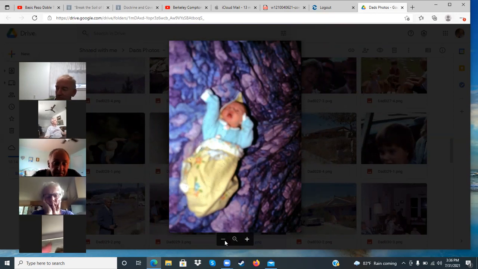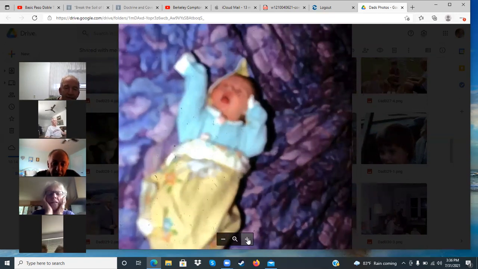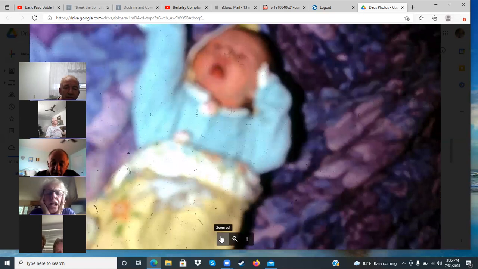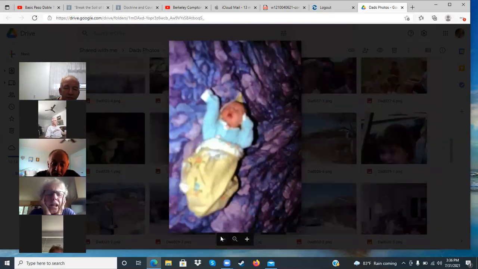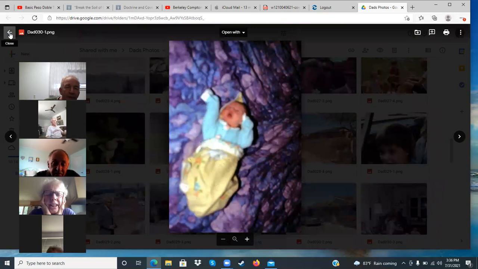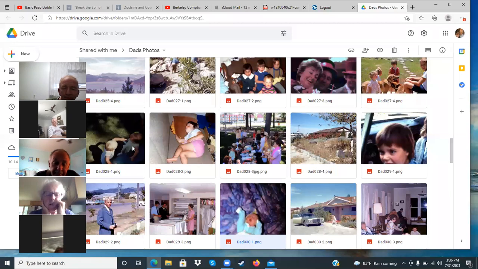So look closer at this baby. Could that not be the actual bed? Try to get the colors. Can you zoom in? I did, and it just got pixelated and blurry. Well, Nancy, it doesn't look like my babies. I don't think Linnea. Okay, well, it could be one of mine. What's the date? I don't know the date. Oh, no. Well, the date is going to be the late 60s or early 70s. All the photographs were developed in that time period.